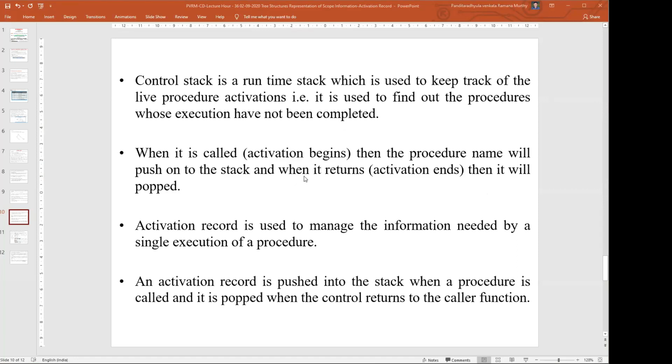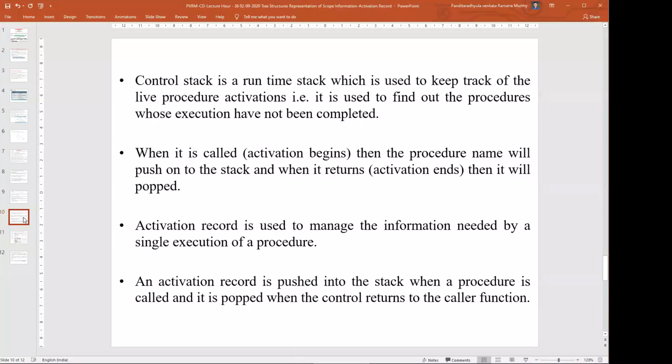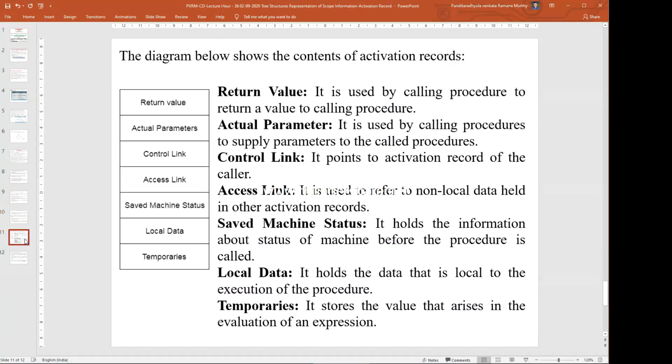The activation record maintains all this information. The activation record is used to manage the information needed by a single execution of the procedure. The activation record is pushed onto the stack when a procedure is called, and popped when the control returns to the caller function.